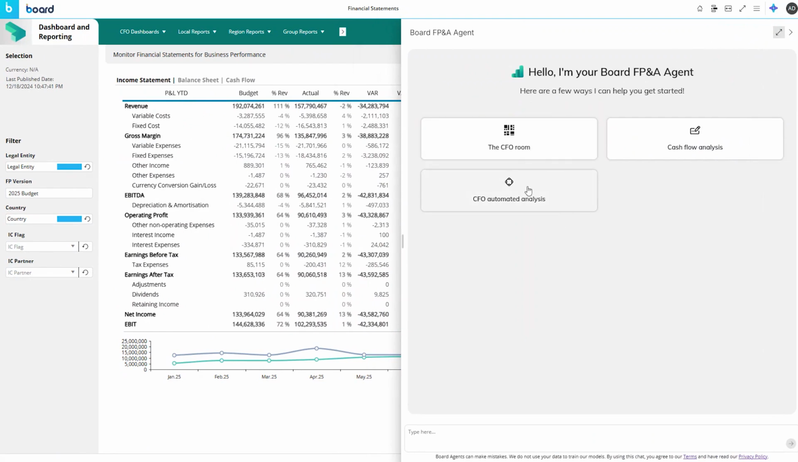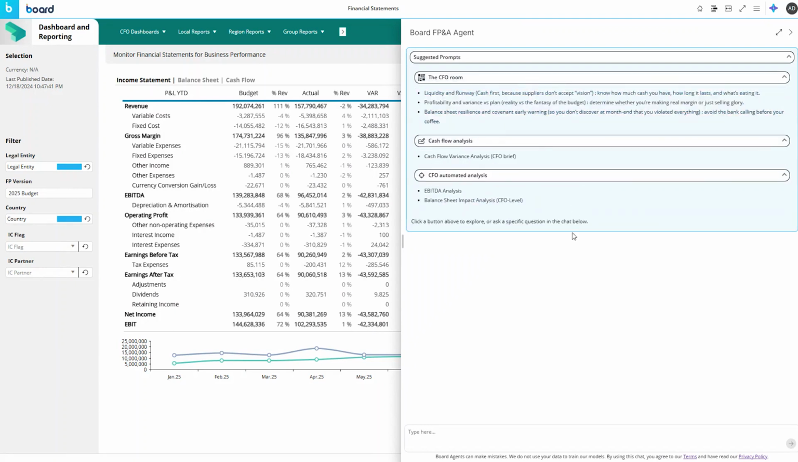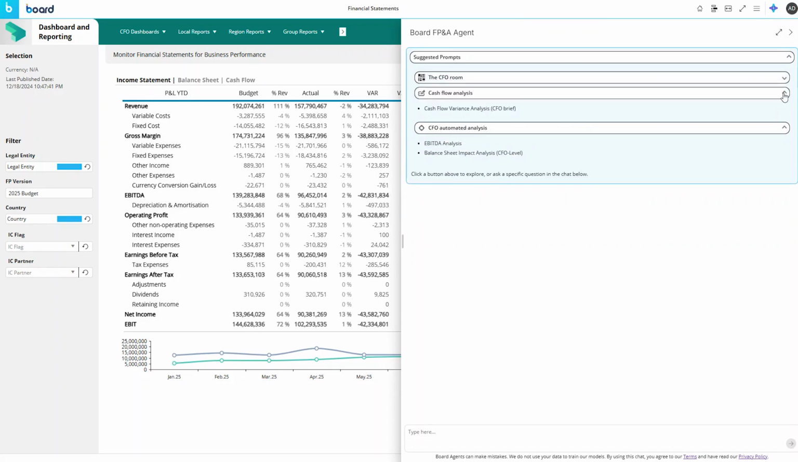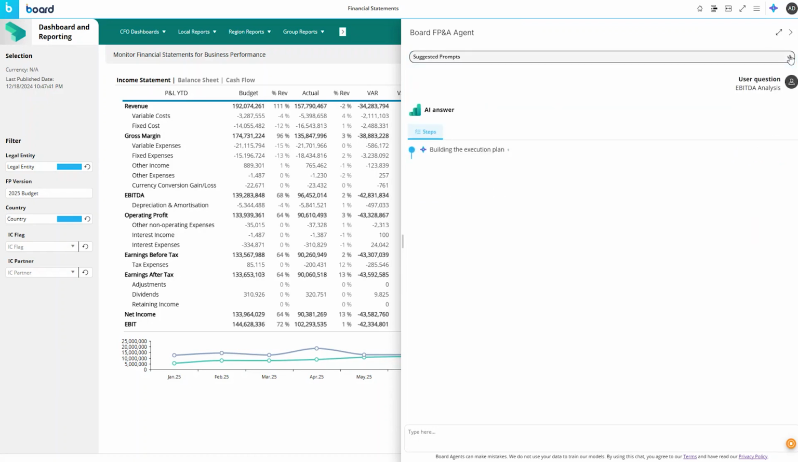As soon as I click into the new area, you see there is a set of built-in analyses that we can offer to our customers based on their favorite analysis. What I want to do with this demonstration is focus on the EBITDA analysis that we can run. As soon as I trigger it, you see the reasoning capabilities of the agent, which is preparing a plan for the execution. And it's important to understand that it is now retrieving and understanding the data through our semantic